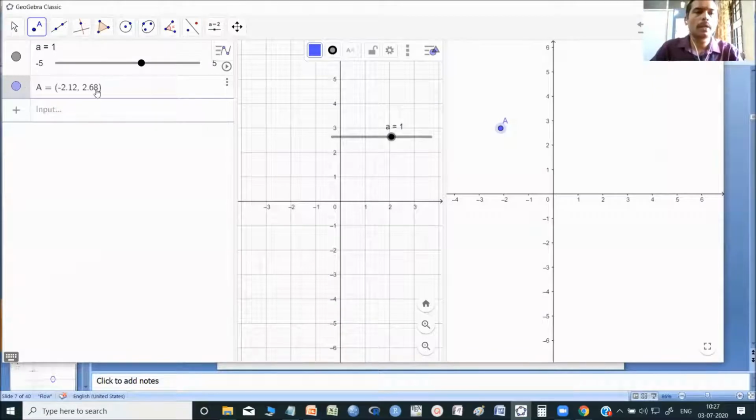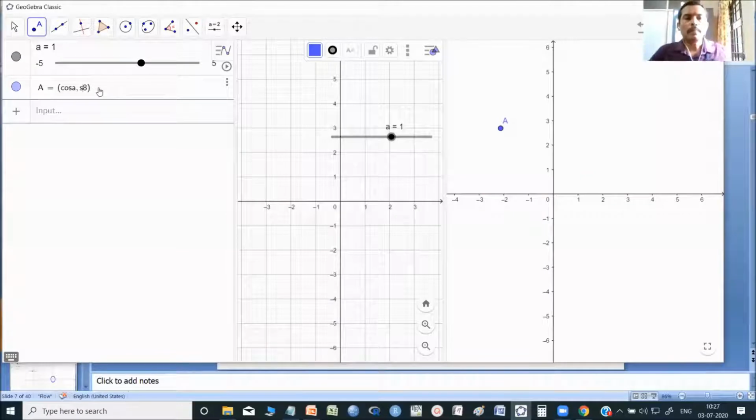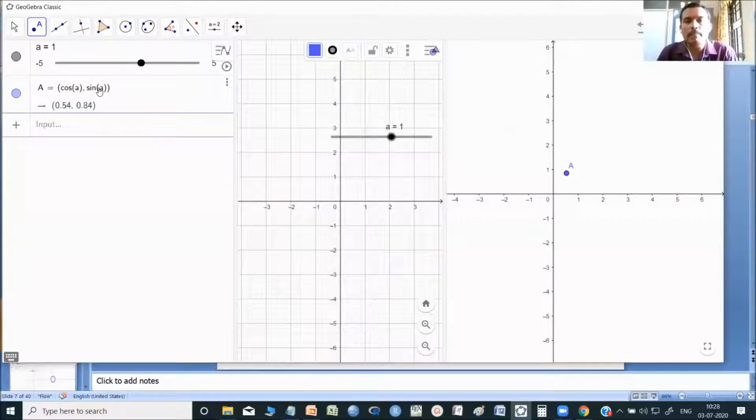Just change the coordinates of this capital A to x equal to cos t. You just type cos a here, because a is my parameter, cos a and sin a. Please note that I am not using any bracket here. No need of using a bracket. I just typed cos a without any space, and a comma and then sin a. Automatically you will get the coordinates of the capital A as cos a and sin a.